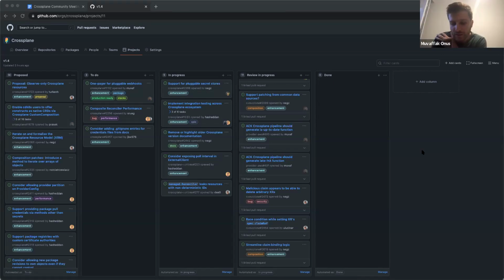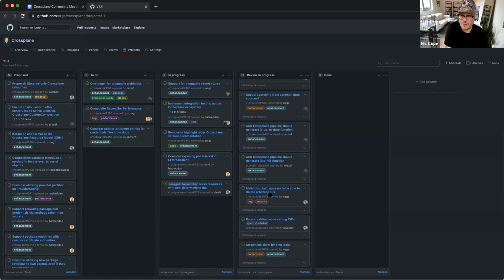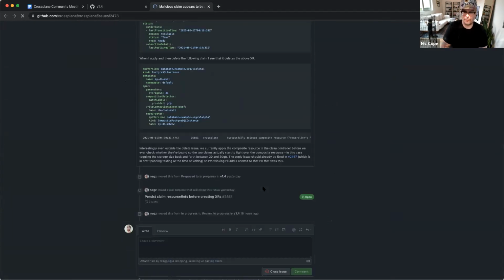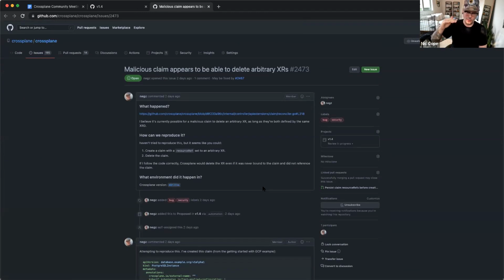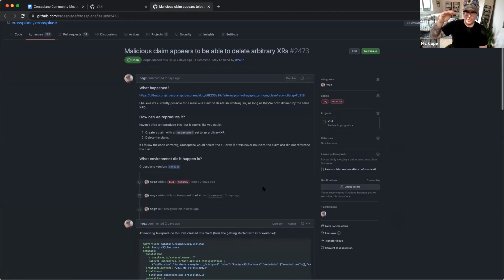So is this because we don't check the claim ref on the XR and just let it work with that? Yeah, unfortunately, we do check the claim ref, but we check it too late. The flow at the moment is, if it's being deleted, we don't check at all. And if it's not being deleted, we currently render out the XR and then go into the bind stage. In the bind stage, we check whether they're allowed to bind. But at that point, it's too late, right? We've already overwritten the XR.